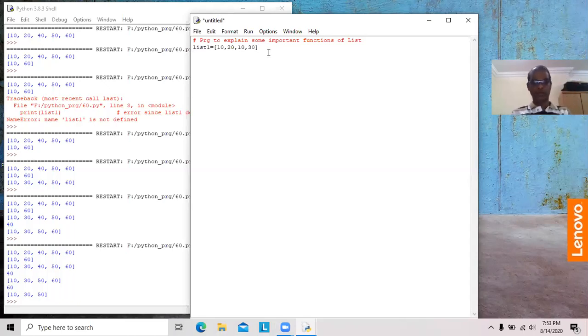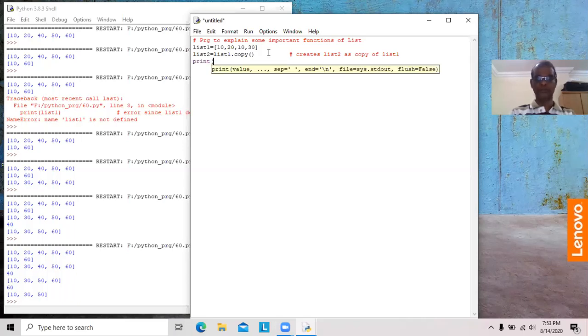I want to create one more list which is a duplicate or copy of list 1. List 1 dot copy. Create list 2 as a copy of list 1. Now we will see list 2.